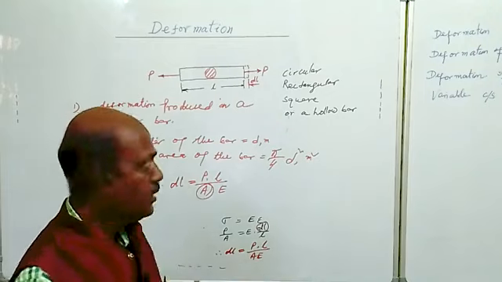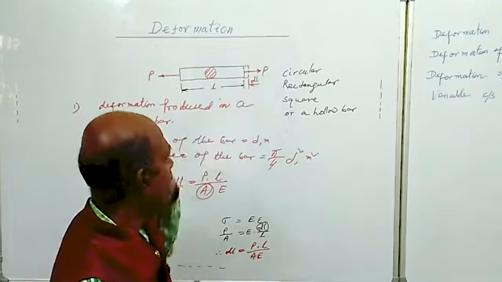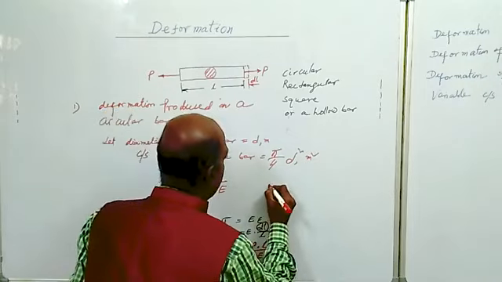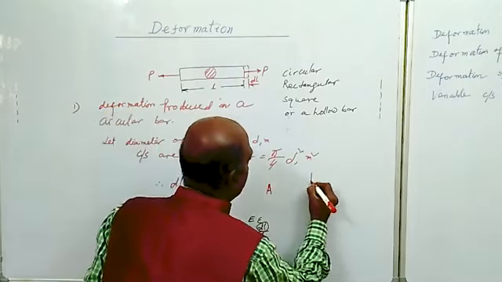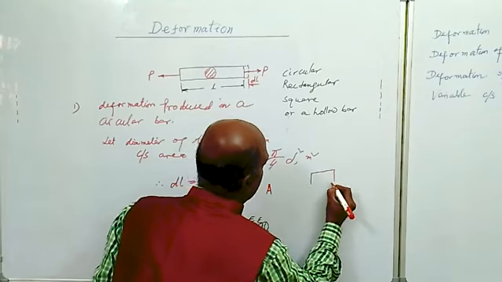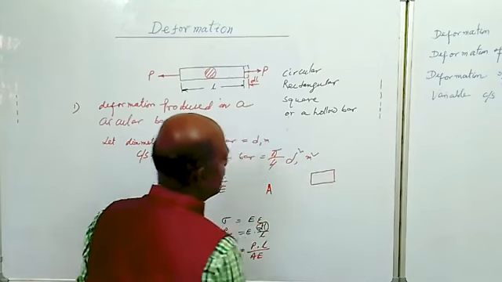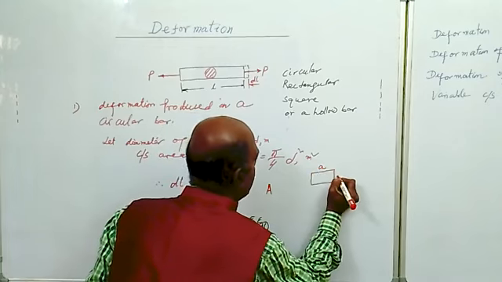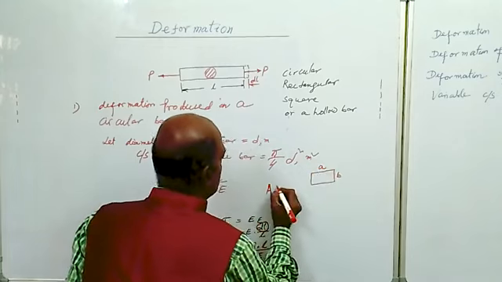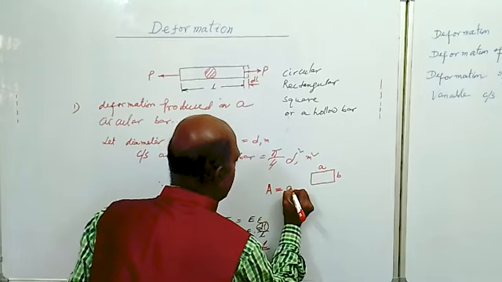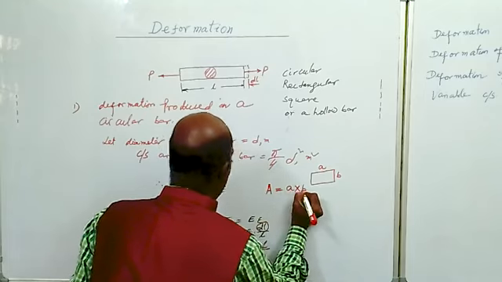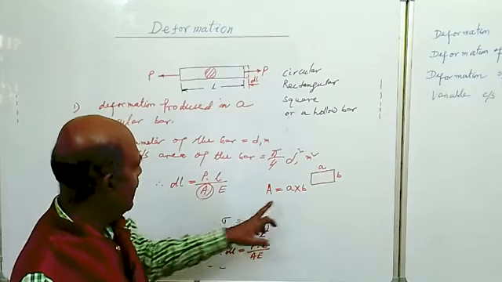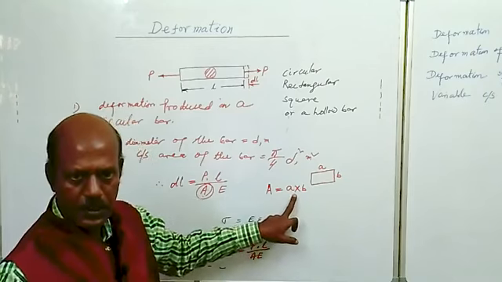Now if the cross sectional area is, instead of circular, a rectangular cross sectional area, say the bar has this cross section, where this side is small a and this length is small b. So the cross sectional area is given by small a into small b. So instead of capital A, the area will be a into b meter square.